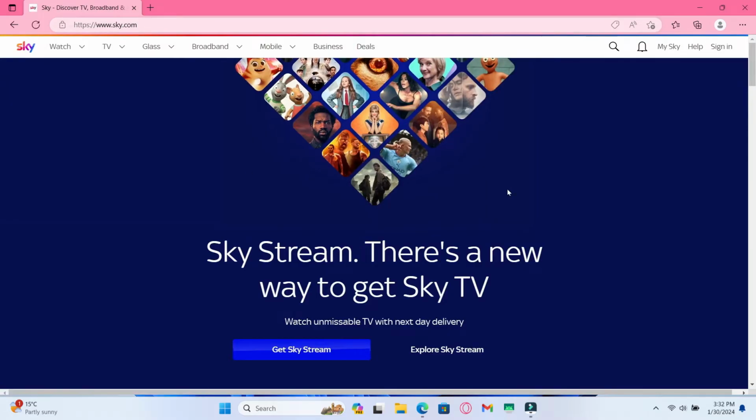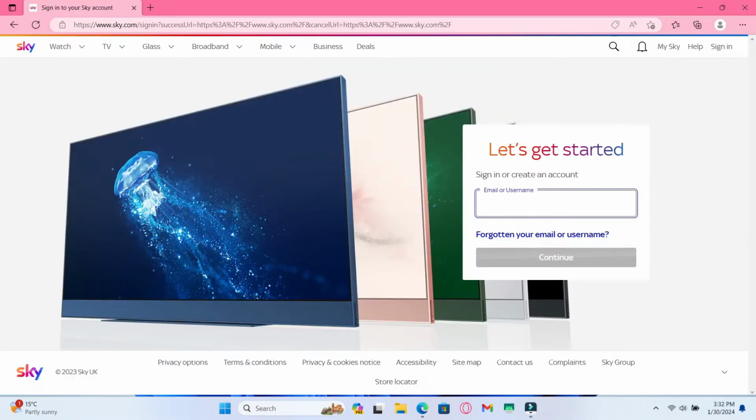From this page, just tap on the sign in button at the top right corner and you will be taken into the sign in page. Now, from the sign in page, you can also create your new account if you don't have one already. Just type in your email address that you wish to use for sign up and then tap on the continue